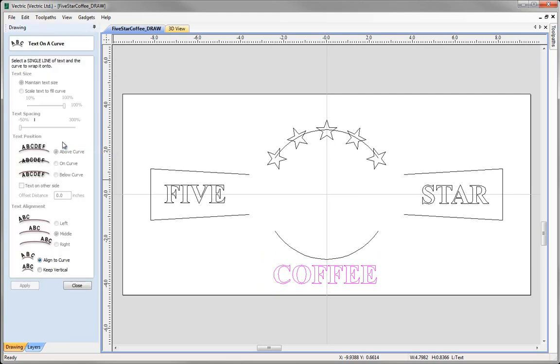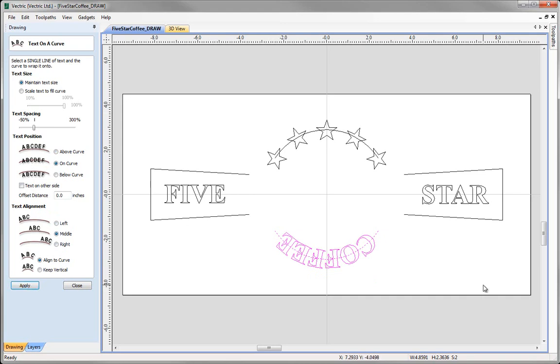And this is the same again. First of all, it expects us to select the item we want to copy, and then secondly, shift and select the arc that we want to copy it around. We can then come over to the options on the form here, and select to have the text position on the curve, like so. And then we can select the text alignment to be the center, the middle here. And if we just click apply,